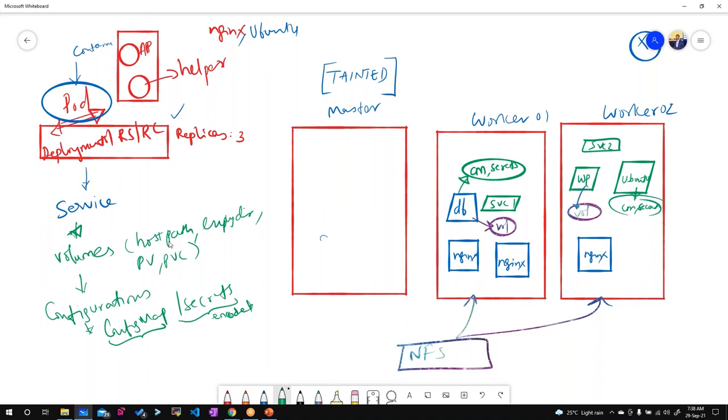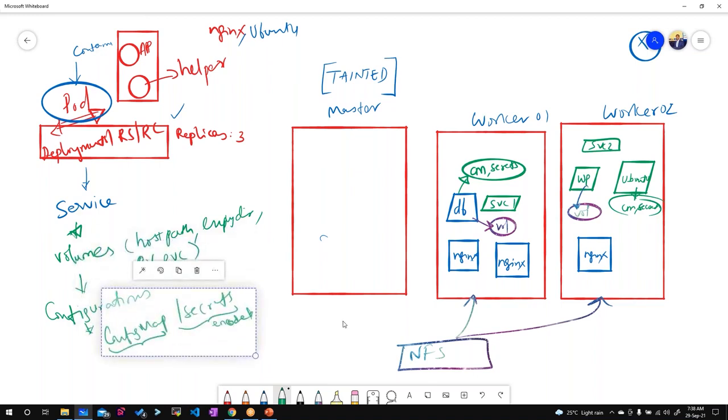Okay, so now what are the other things? So far we had seen the automatic way of scheduling, right? So we let the scheduler schedule the workloads for us. Let's say we have the database containers. These database containers need a volume backup. That means that they will write to a volume, or read from a volume. Understood, guys, or is it confusing?